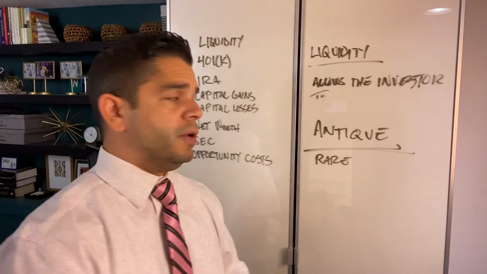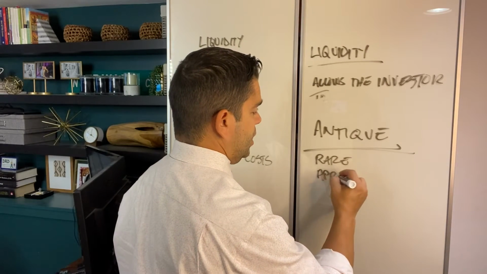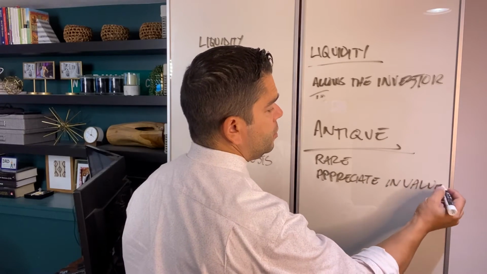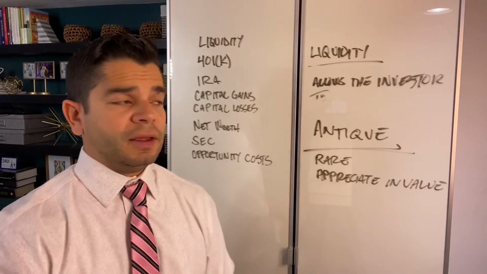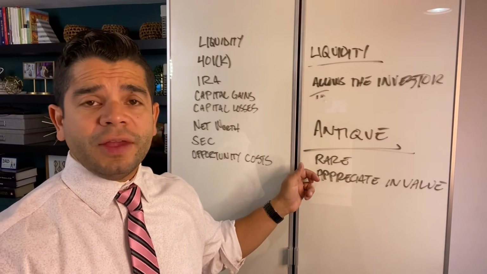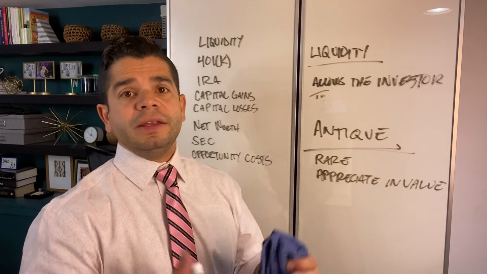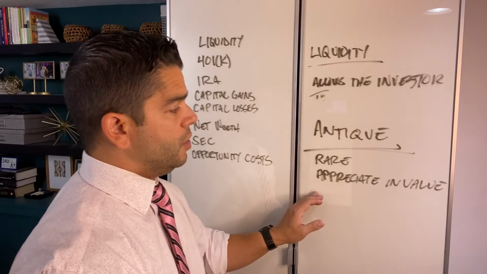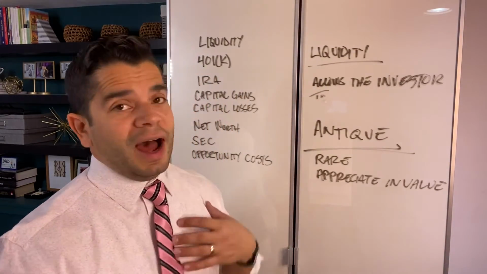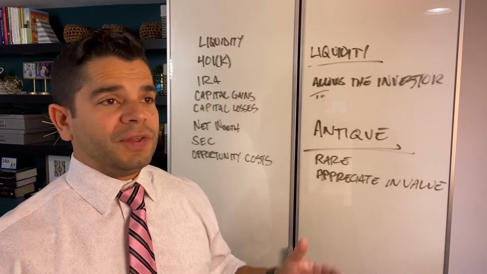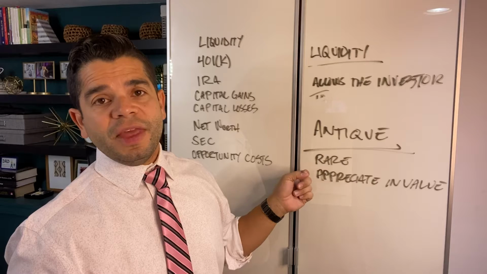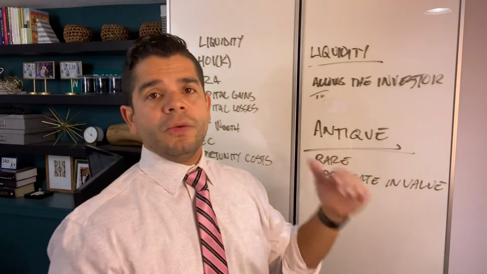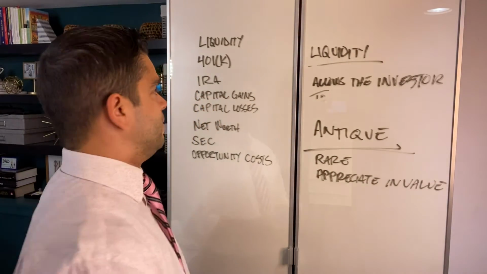And if the painting is sought after, then it's going to appreciate in value. So it's going to go up in value. And that's what you're expecting. But to line up the buyer for that $2 million painting is going to take some time. In addition to that, you're going to have auction fees, right? If you sell it at auction, that's going to take you into that space. So if your entire portfolio or your net worth is tied into an asset that is not liquid, then you're susceptible to losing value and also losing on opportunities when you have a chance to get into a different investment. So that's